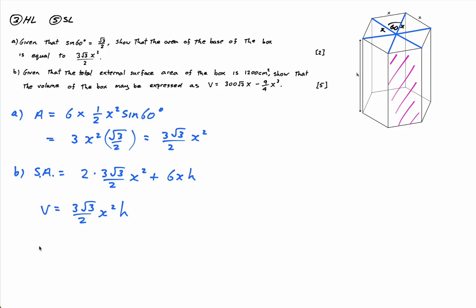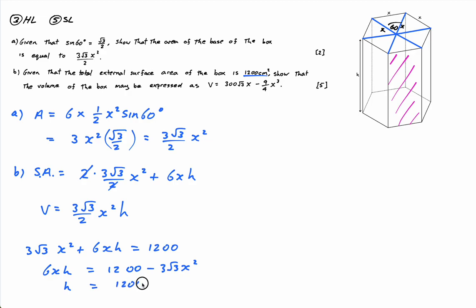I'll cancel these 2's. So I just have 3 root 3 over 2 x squared plus 6xh. Sorry, I cancelled the 2's. What am I doing? 3 root 3 x squared, those 2's have cancelled, plus 6xh, and this equals 1200 because he said the surface area is 1200. Now make h the subject. So 6xh equals 1200 minus this, 3 root 3 x squared, and